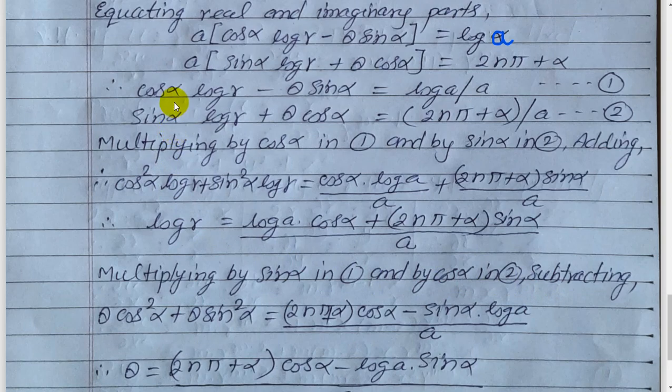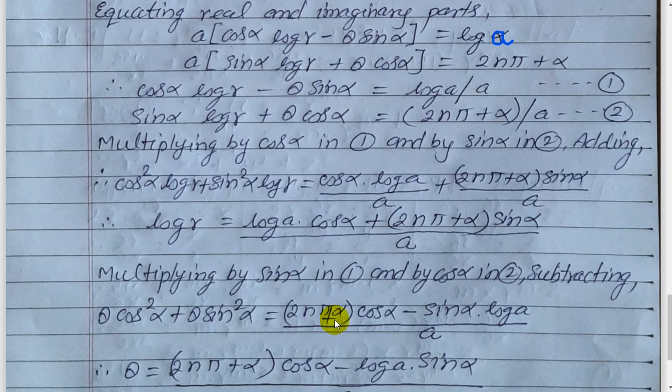So second minus first. After multiplication, we subtract second minus first. So here this will be cancelled. Now first term will be cancelled because they will be equal and opposite in sign, and here plus and here minus, minus plus. This will be plus after multiplication and subtracting. So we get here theta cos square alpha, we write here, plus theta sin square alpha, we write here, equals